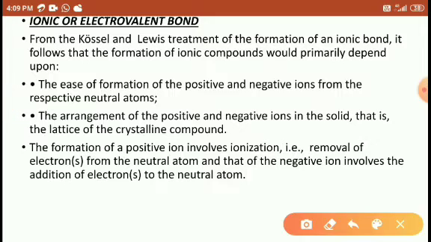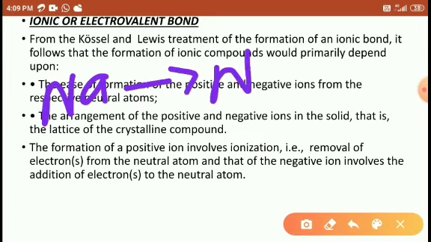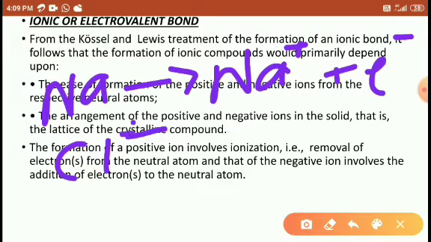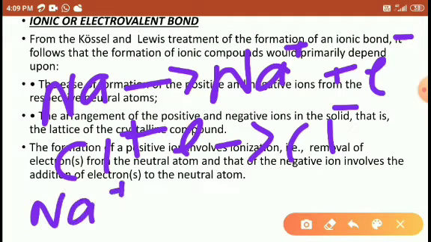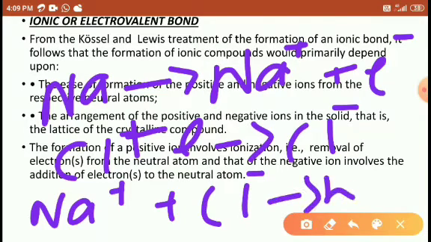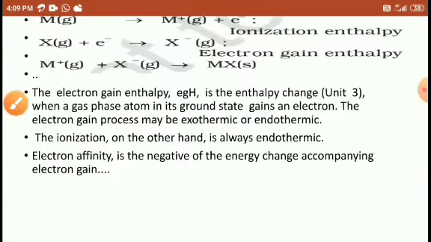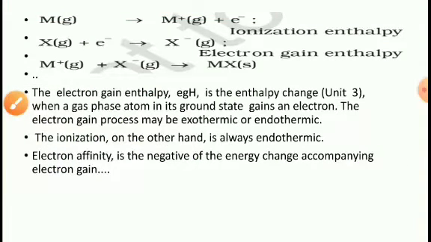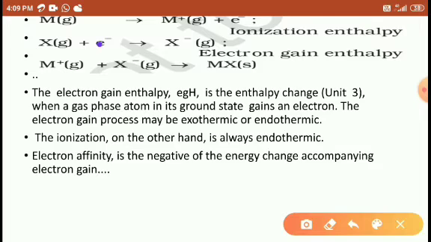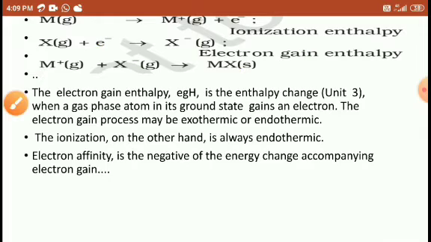The first species, a neutral species, has the tendency to lose electrons to develop positive charge. The second species has the tendency to accept electrons to develop negative charge. In the third case, the positive and negative charges must attract each other. Then they form the NaCl structure. Right, students? So look at one example. M is given here. M is a metal, turns into M+ ion by ionization enthalpy. It loses electrons. X accepts electrons, with electron gain enthalpy. Both M+ and X- attract to form the MX solid.